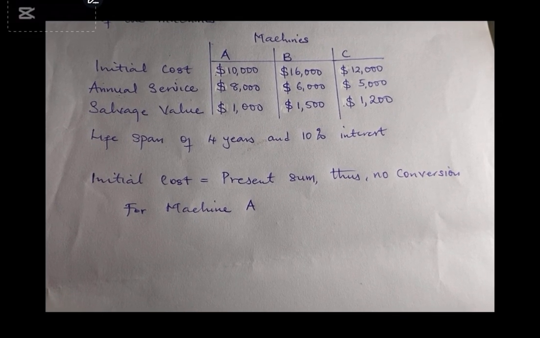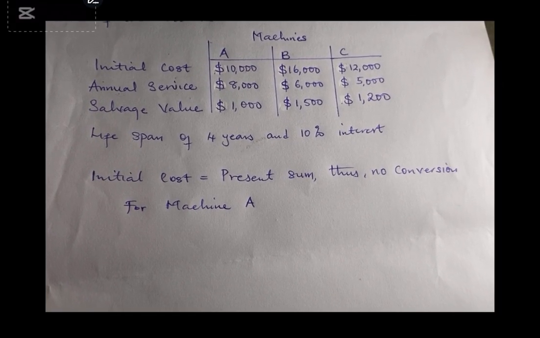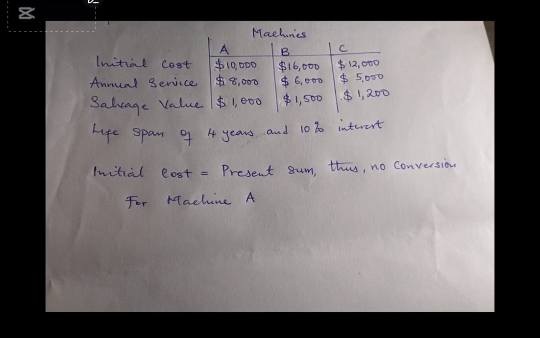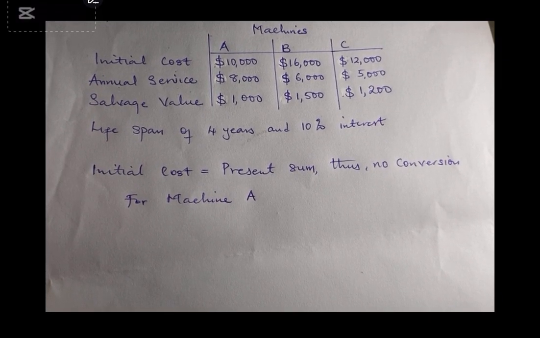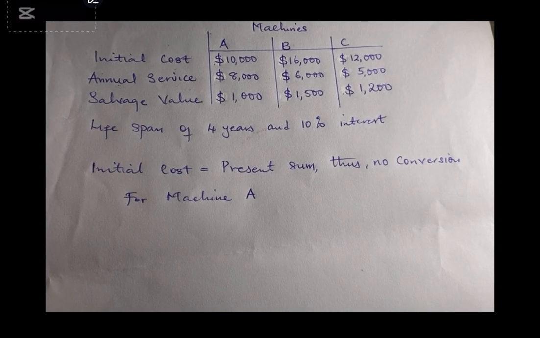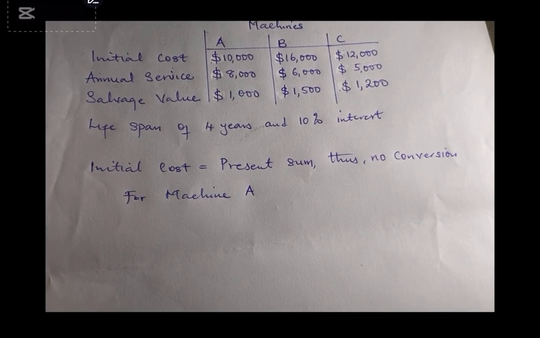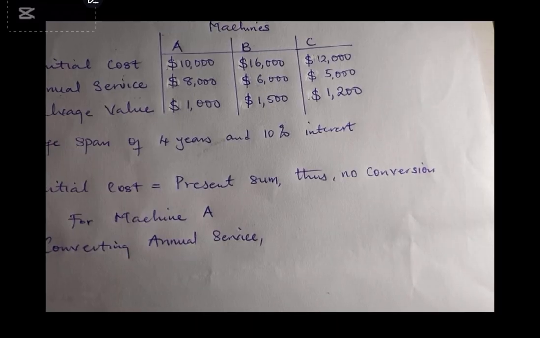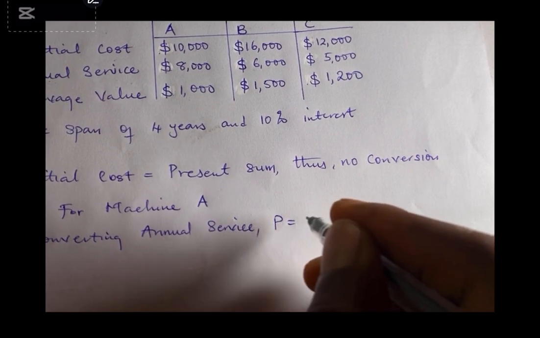So you have to take it to the present sum. And if you remember, we have 6 interest factors, and the one that has this relationship is your equal payment series present worth factor, where you can take annual payment to present sum. Converting the annual service, we use this factor,